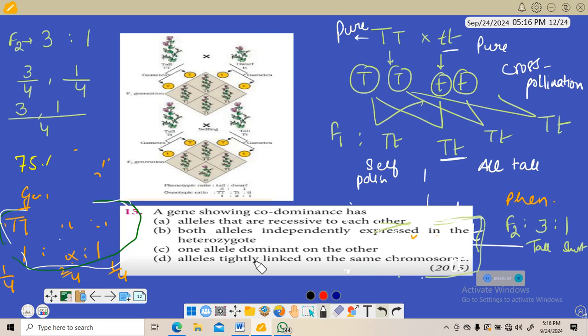A gene showing codominance has alleles that are recessive to each other, both alleles independently expressed in the zygote, one